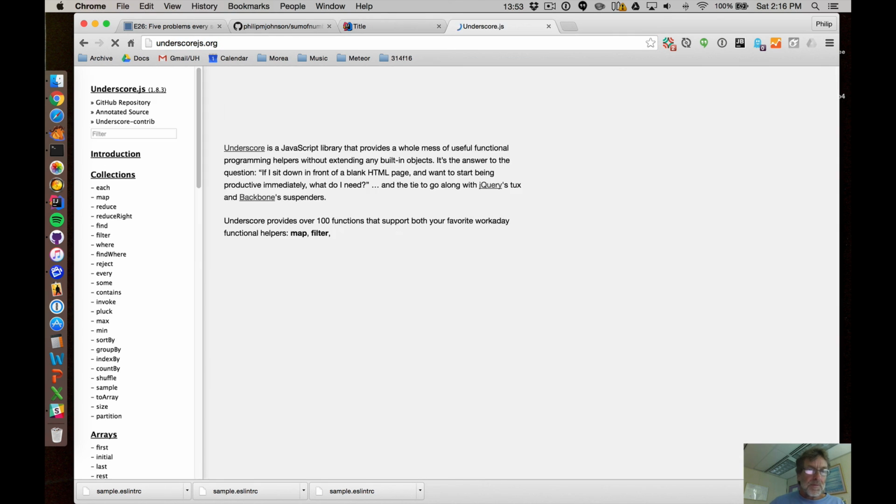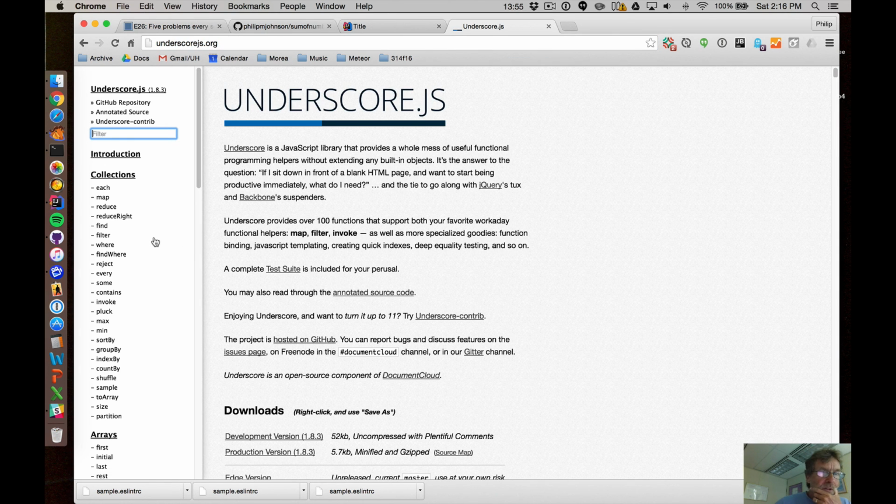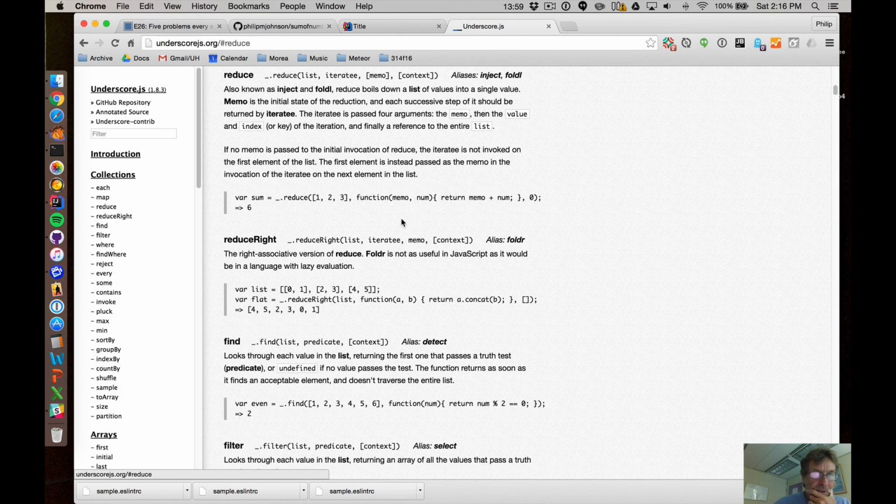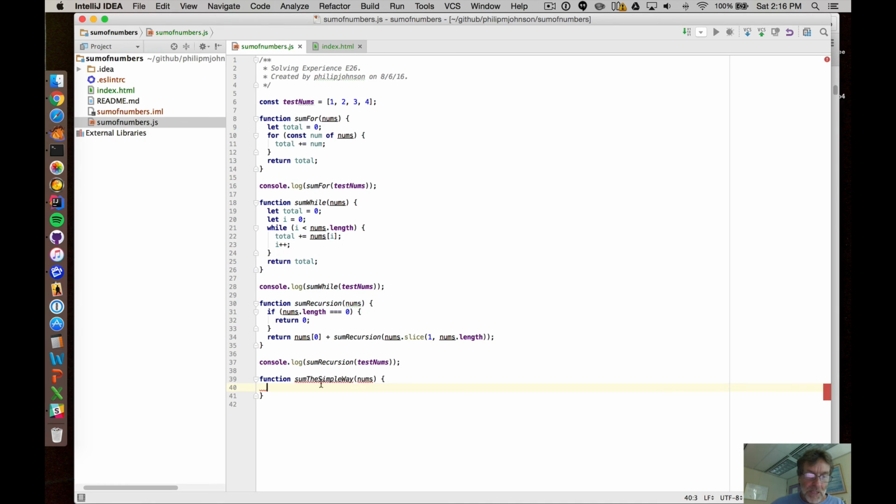how do we do that? Well, the way that we do that is via reduce, right? This is a classic. We've got a list and we want to reduce it to a number. Even better, actually, is the fact that this sample code is exactly what we need to do. So, if we were at a whiteboard, we'd have to kind of construct this, although at a whiteboard we probably wouldn't be using underscore anyway. But since we're asked to use underscore,